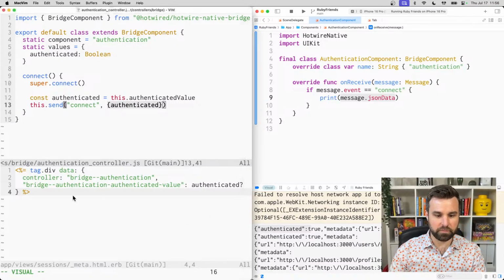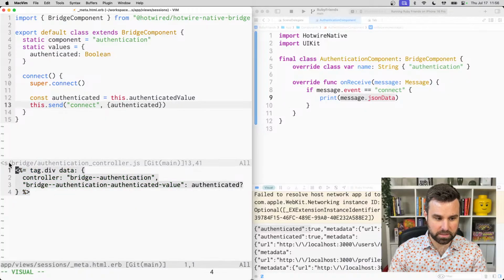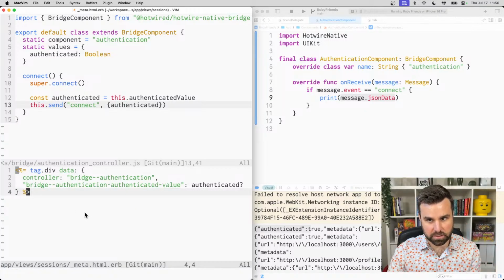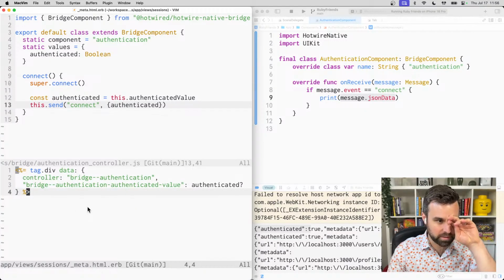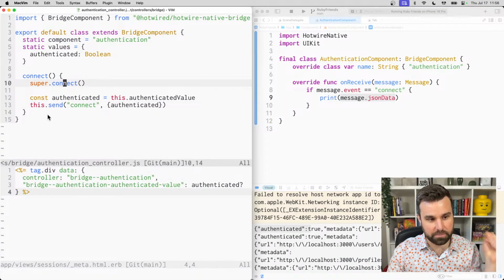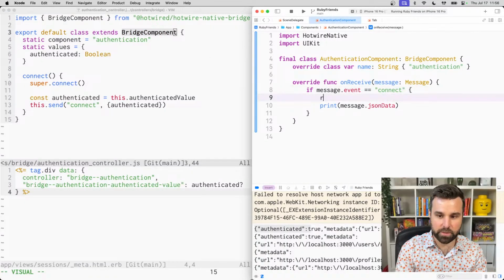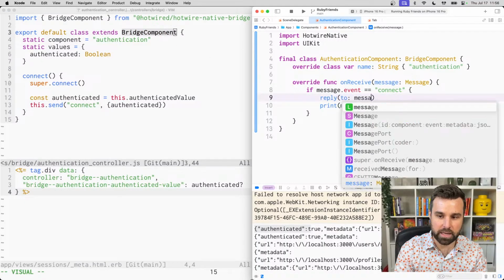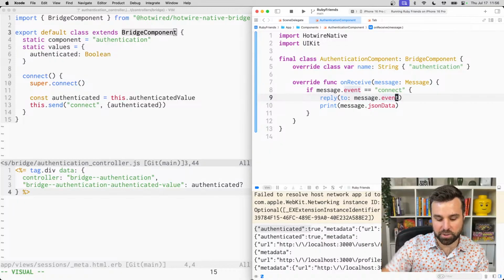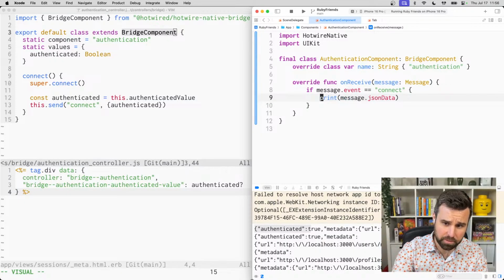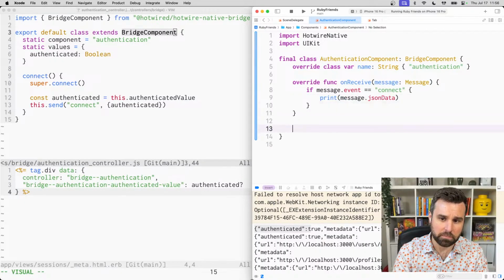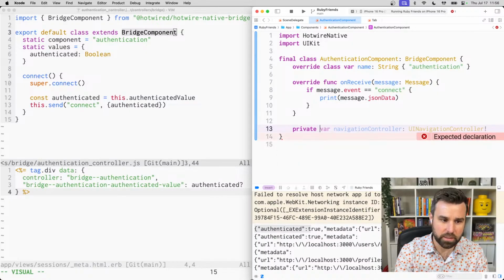So the view itself is this, right? It's the Stimulus binding of this component. The actual sending of the message happens in the Stimulus controller, where we're calling this .send of the bridge component. And then in here, we can also reply to that message with different data attributes and stuff. But for now, we want to pull out the authenticated value